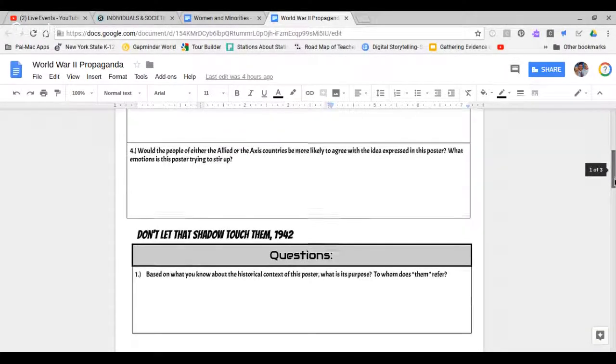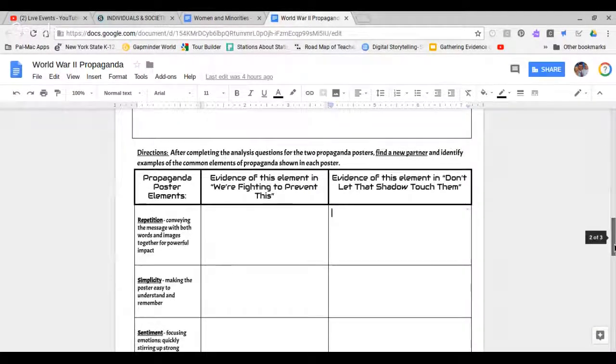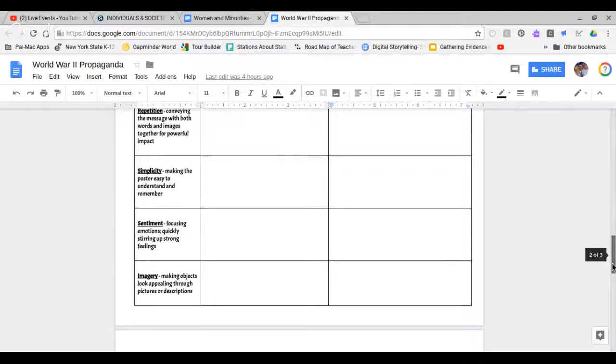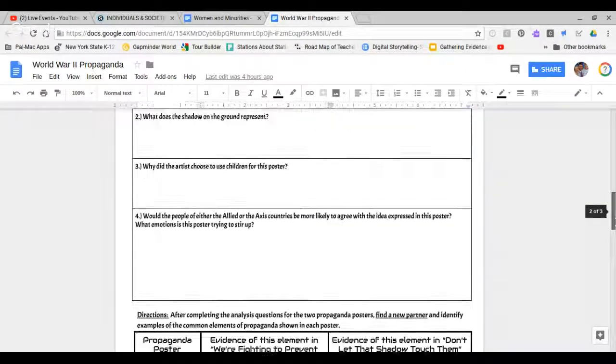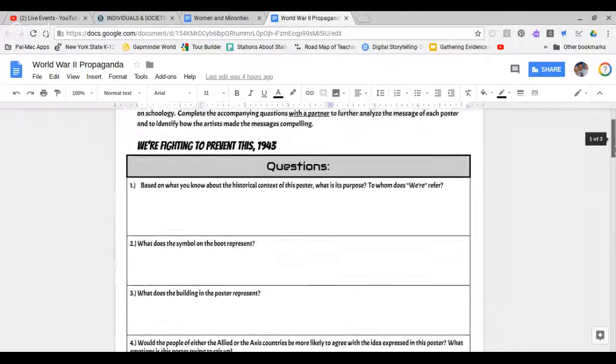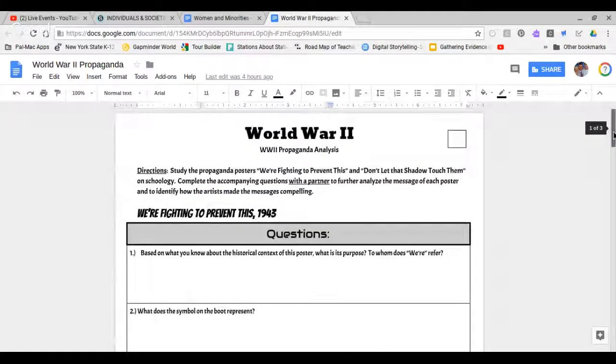So why don't you go ahead right now, whoever's in the room, whatever teacher it might be, please go ahead and pause me and make sure all the students take out this sheet. It should be in their binders from yesterday. Pause me, have them take it out, and then come on back. All right, so you've all had a chance to take this out.